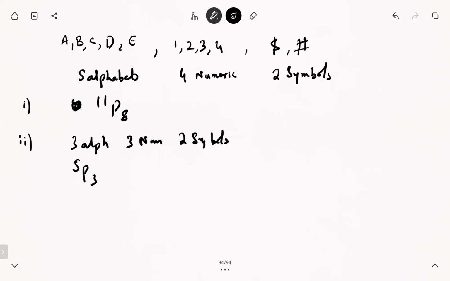If there are 3 alphabets and 3 numeric, it means we have to make a total of 8, so 8 will be made when there are 3 alphabets and 3 numeric and 2 symbols. So that's the end. So out of 5 you will be choosing 3, and further out of 4 choosing 3, 4P3, and then 2P2. So 5P3 into 4P3 into 2P2. Okay, then